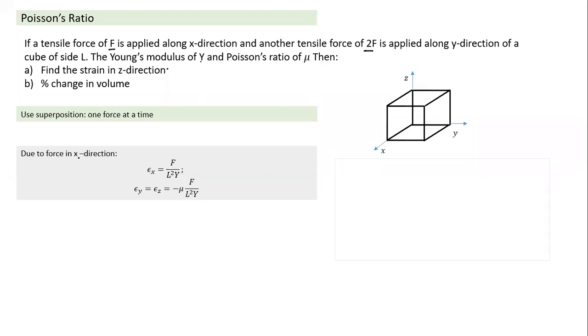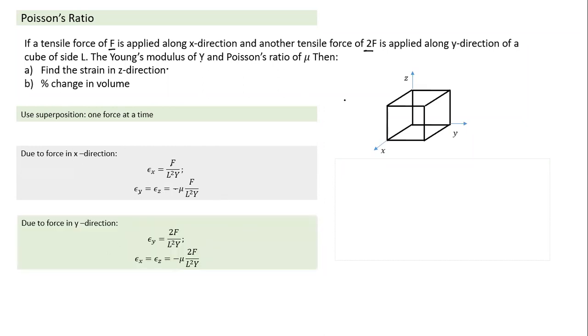So if we take force only acting in X direction, so what we assume here, force is acting only in the X direction. X becomes longitudinal direction. So what is the strain in X direction? It is stress, force by L square, a cross section area, by Y. This is strain in X direction. If this is fractional change in length in X direction, fractional change in two perpendicular directions, Y direction, Z direction, will be minus mu times epsilon X. So this becomes strain in Y direction, Z direction due to force in X direction.